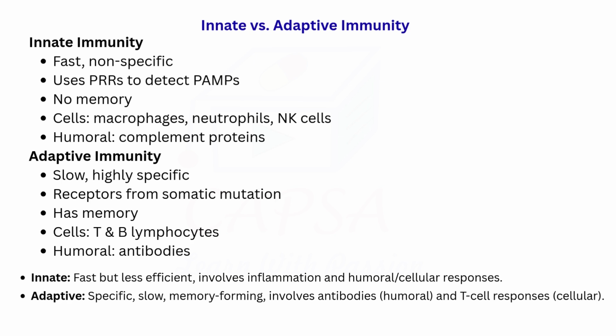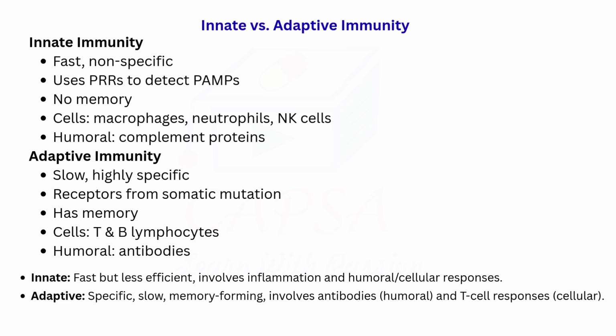Adaptive immunity, in contrast, recognizes very specific molecules thanks to the receptors generated through genetic rearrangements. These include T cell receptors and B cell receptors. The response takes longer because cells need to interact, but once activated, adaptive immunity forms memory,